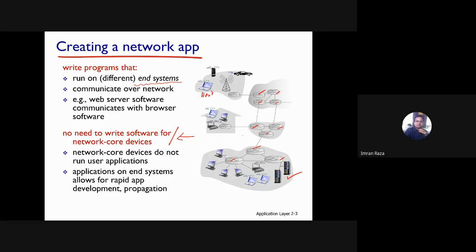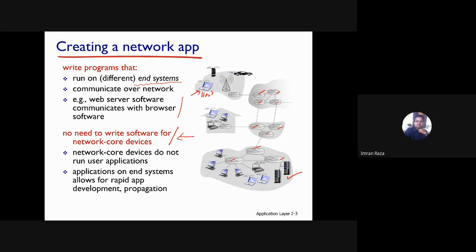So whatever code we are writing, a part of it will run on one machine, which is the host, and a part of it will run on the other end, which is maybe another host or a server, depending upon what sort of network architecture our application has, right? So if we talk about web server software, for example, a browser part is there on the host, on our laptop or maybe our computer, right? And then we have the site or the server containing the web objects that we would like to access, right?